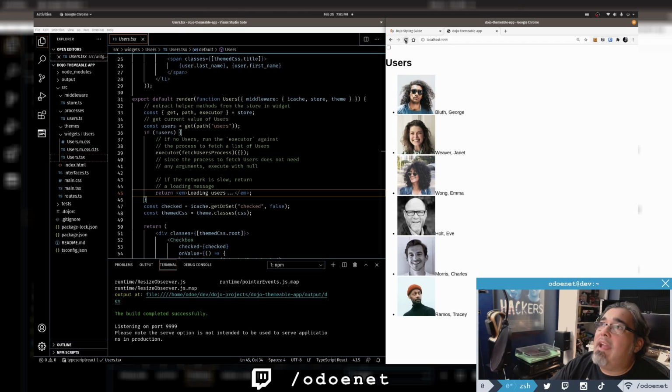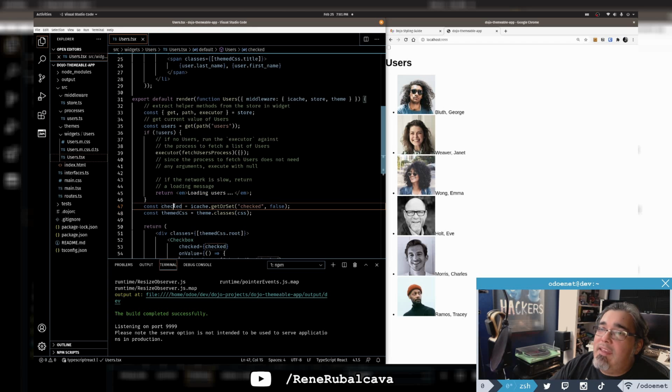I don't even know if you can catch it on camera here. It might be too fast, but it's very briefly up here. The API is pretty fast. It's only got a handful of things in here, so it comes in. Then I'm going to get a checked value, so whether or not this is checked in here, and then I'm going to run the themed CSS on